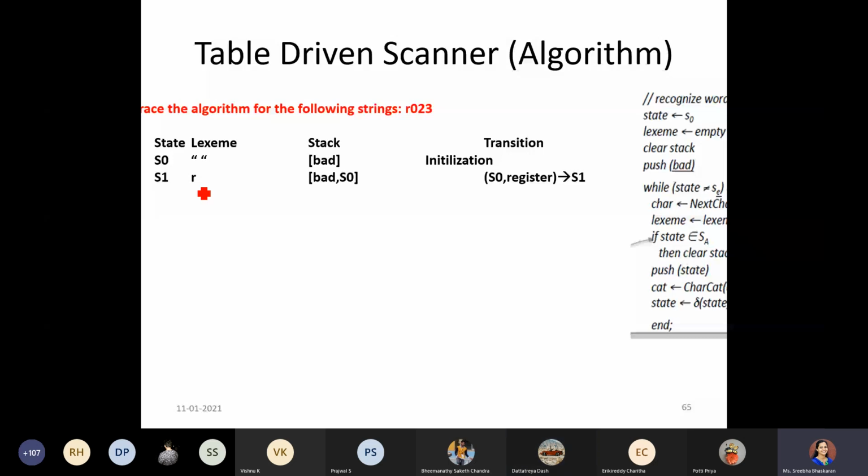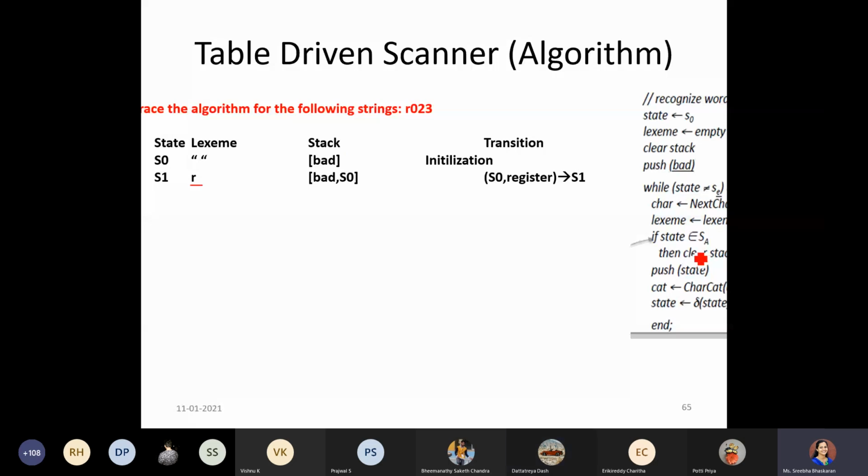Yes, madam, I just maintained a table to make you understand. So what is after that? After that, we are going to compare whether the state is a final state.